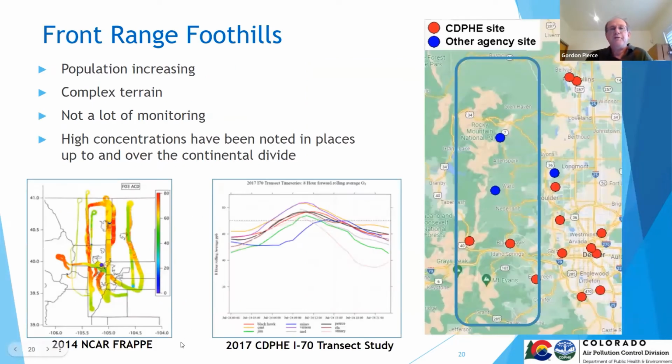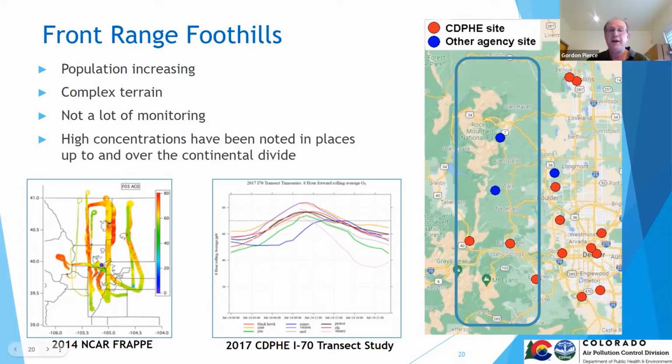So with the Front Range Foothills, it's an area outlined here in blue where the population is increasing, with very complex terrain, with drainages in the valleys and all the mountains. And yes, there's a few monitors, but not a lot. And we have seen high concentrations up and over the continental divide. So here is data from a couple of studies, one from the 2014 FRAPPE study, and these were from aerial flights. You can see the flight paths,